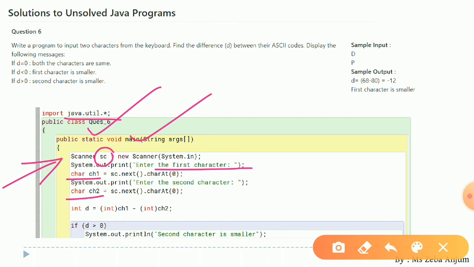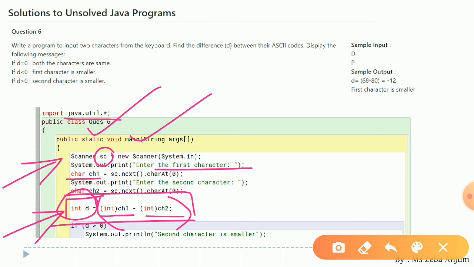Now we are going to find out the difference between those two. See over here this line, it is very important. Int D: D is going to store your difference. Now see this one, int ch1. If you use this int before ch1, then it is going to give you the appropriate integer value of ch1, or you can say the ASCII value of ch1. Int ch2 means it is going to give you the ASCII value of ch2, and you are going to find the difference among these two. So the difference will be stored in D.